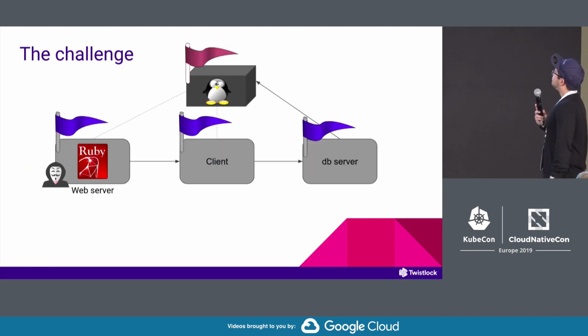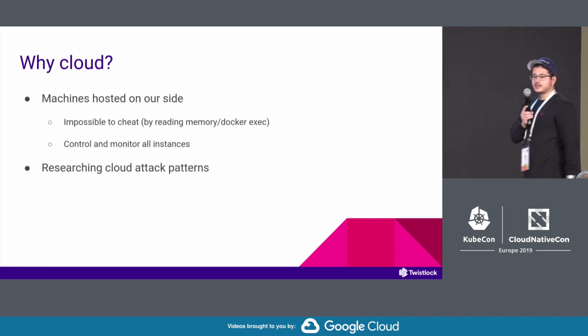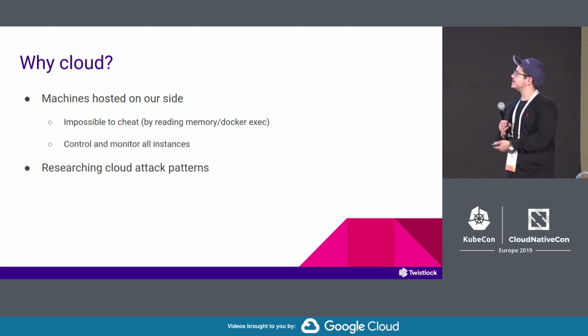All right, so why did we decide to do it on cloud? It was pretty apparent to us that we can't give the user some VM binary and tell them, okay, run it on your machine. Because if we give them the whole machine, as a virtual machine image, they could just read out the memory and extract all the flags, and they wouldn't have to solve the challenge. They could cheat very easily, and we didn't want people to do that.